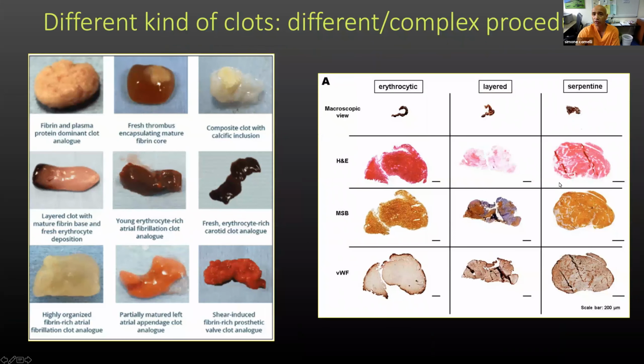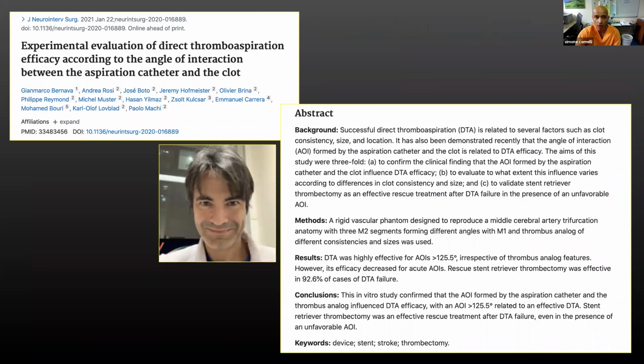We have different kinds of clots, so your procedure could be different and complex, starting with fresh erythrocyte-rich clots up to highly organized fibrin-rich atrial clots, which could make a very challenging procedure because of their adhesion to the vessel wall. I would like to focus on this important article made by Professor Machi from Geneva,